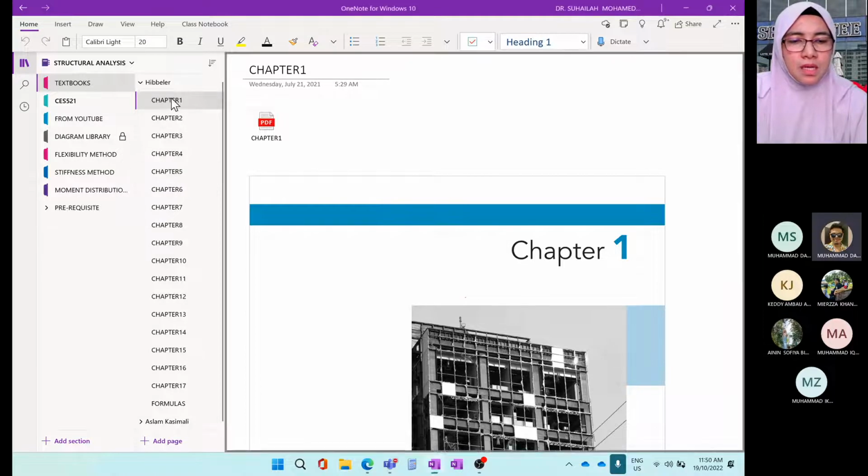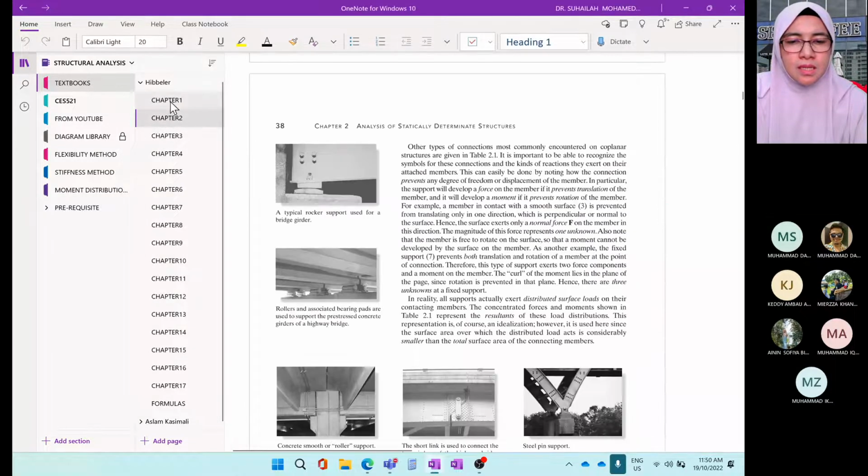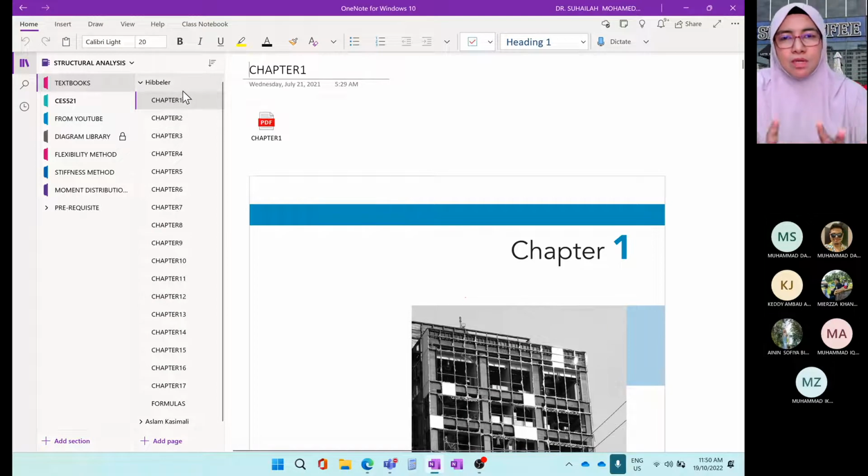Oh, okay. So dekat buku ni, dia complete tau. Dan buku ni adalah rujukan satu dunia. That's why saya kata memang kita memang kena ada satu rujukan, main reference. So yang ni memang stated in the syllabus. That's why every one of you patut ada benda ni. Okay, and kalau you jenis memang nak baca buku fizikal, kat library pun ada. Ataupun boleh beli. And buku ni tak rugi kalau you ada sebab nanti bila you as engineer pun nak refer balik sini. Okay, tapi lagi senang bila ada e-book kan.